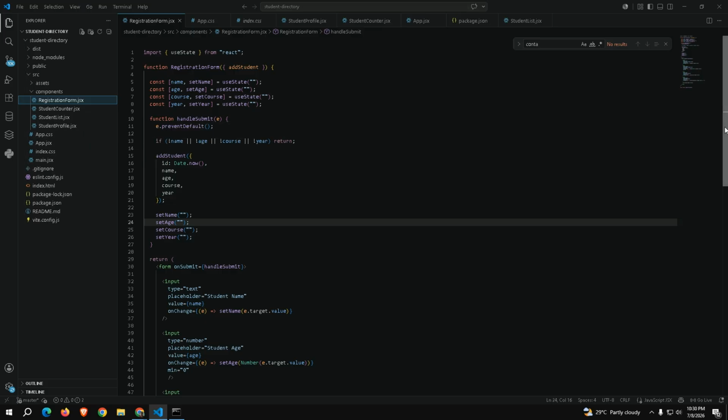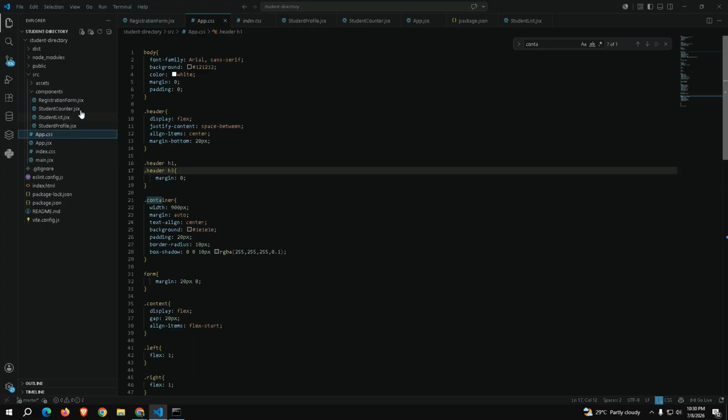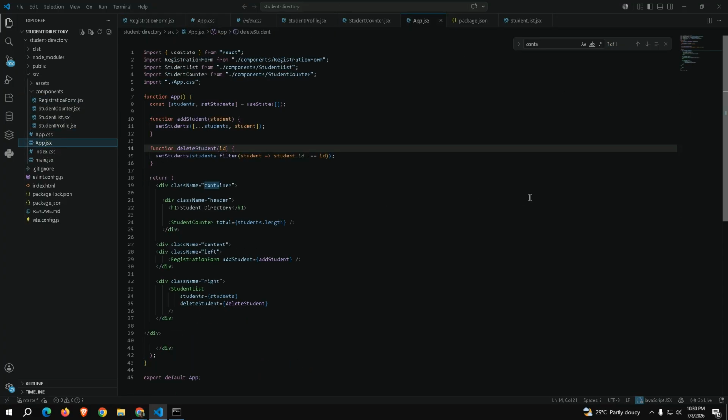So, the registration form. Since we use states from the App.jsx here, const students and setStudents use state. We have useState here as an array. Then the add student function.